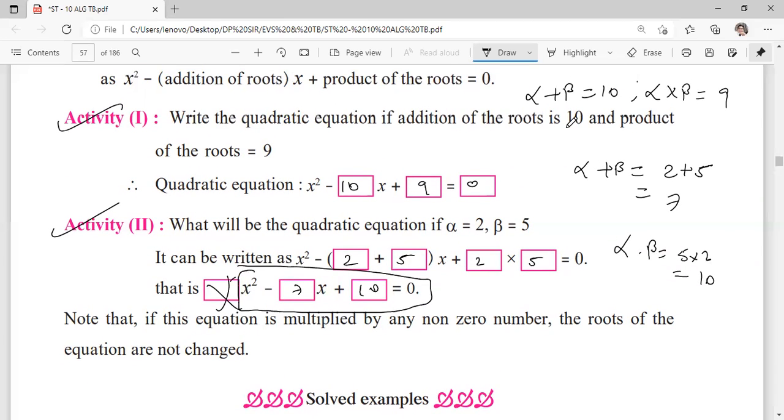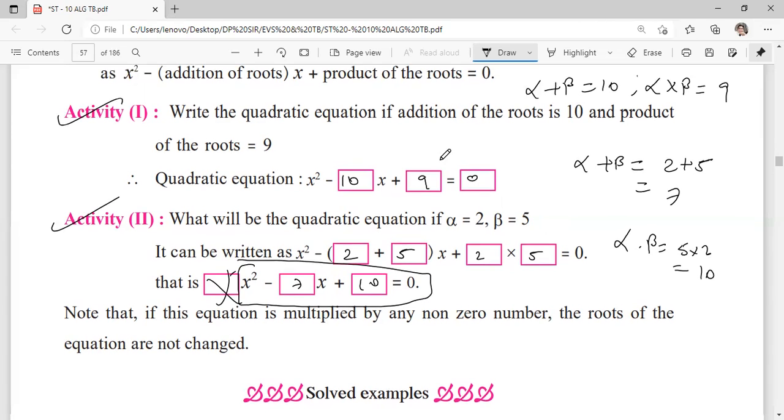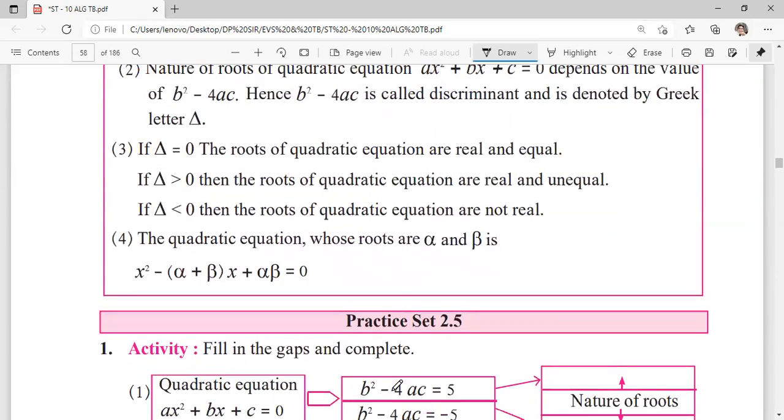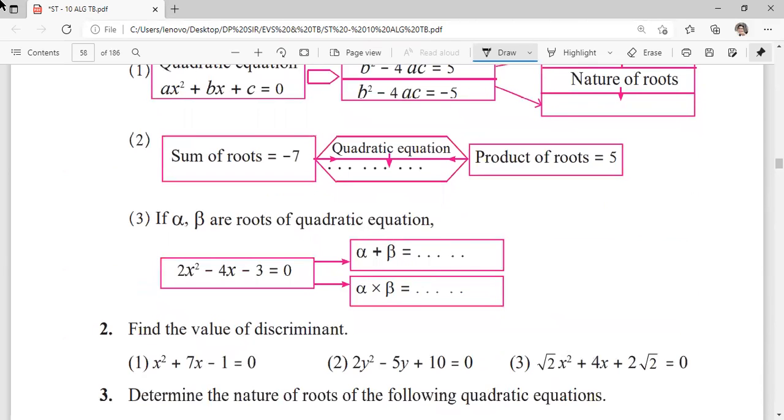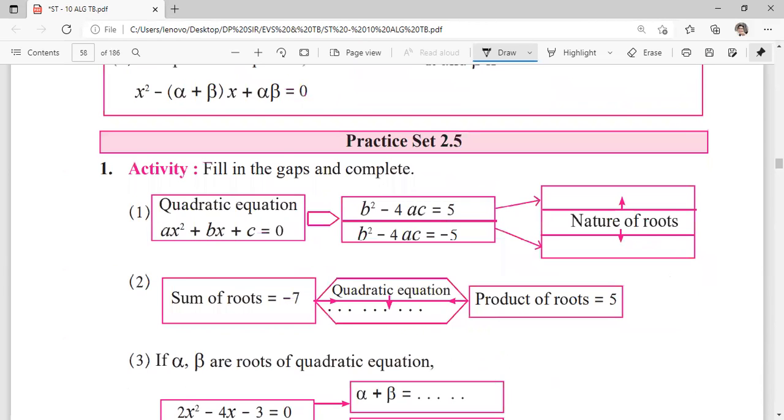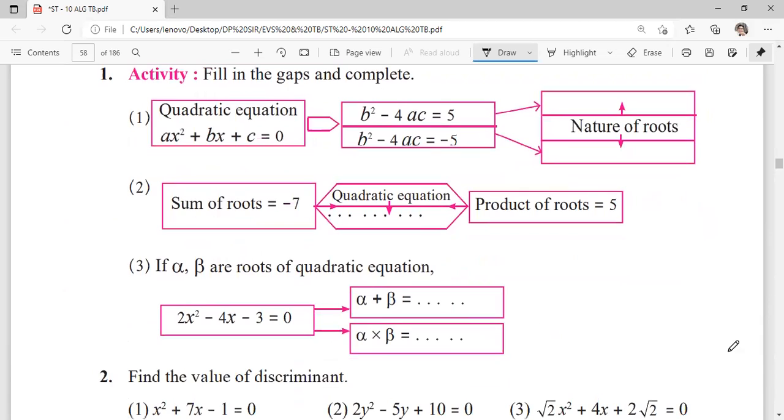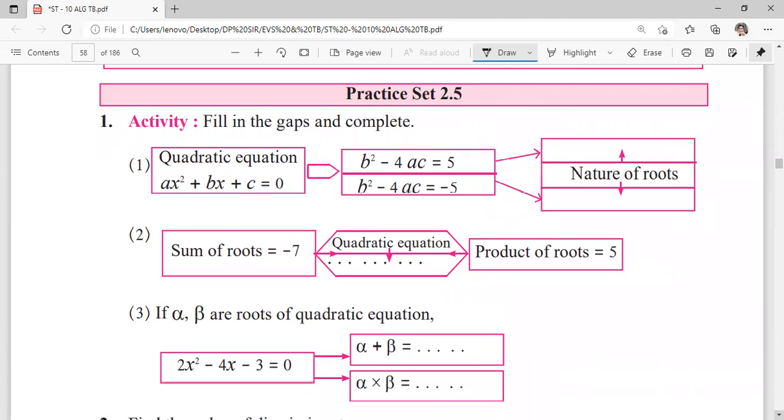Okay, then there is directly a practice set in our textbook, so we will solve that. We still have 15 minutes in our hand. So I'll just copy this question into my OneNote so that we can solve it. First question is an activity question, but that again, activity matters a lot. I don't want to take any risk. We'll solve each and every question. Since these activity questions are sometimes asked for 2 marks, it's better we complete it. It won't take more than 5 minutes.